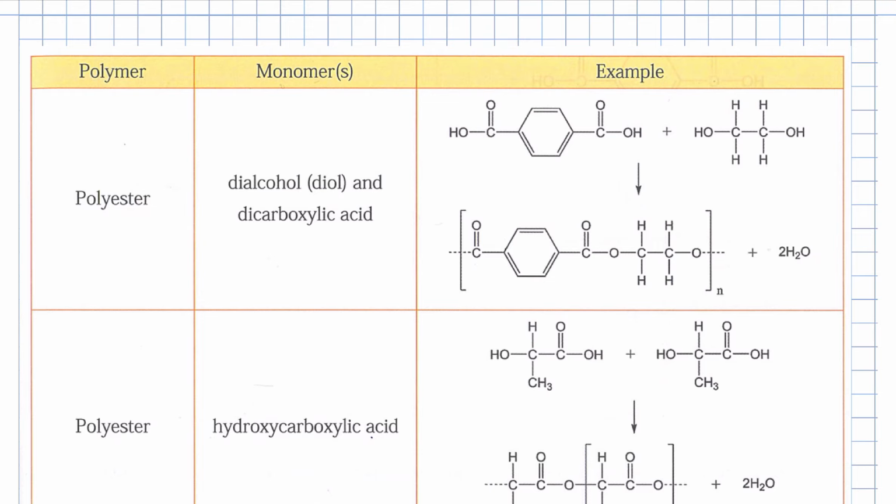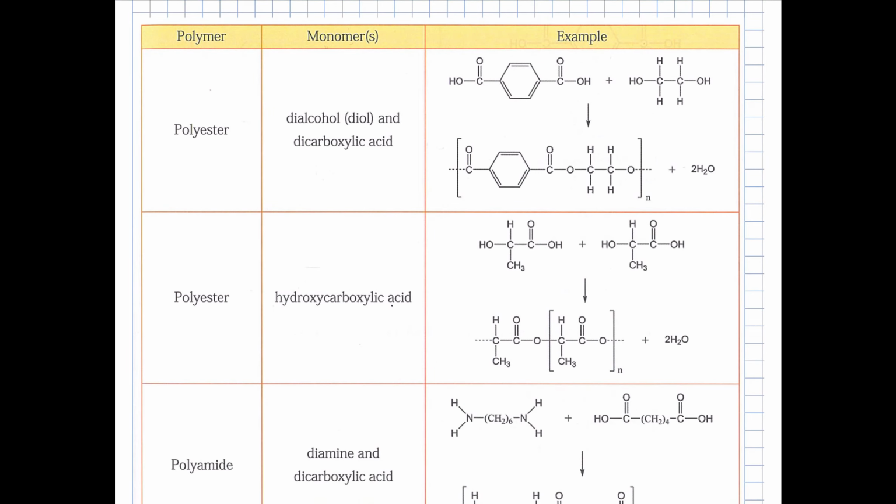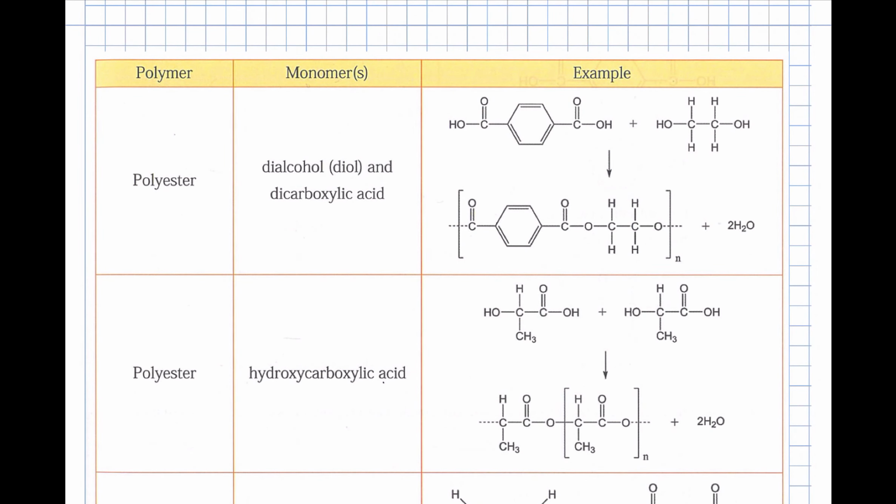The other example of the condensation ones, so rather than go through a whole lot, this is just a table from the textbook, basically looking at either polyesters or polyamides. Okay, where that's what we're looking for. But when we have a polyester or a polyamide, when we make our examples, we could have two things happening. So the two examples that are shown there for the polyesters, the first one has a dialcohol and a dicarboxylic acid. So we have the dicarboxylic acid here, which has two carboxylic acids, one on each end, and then we